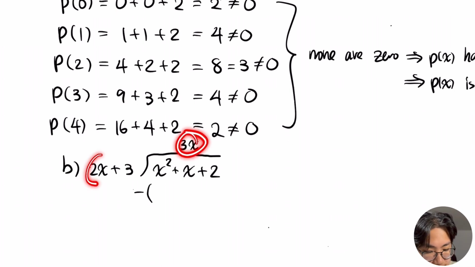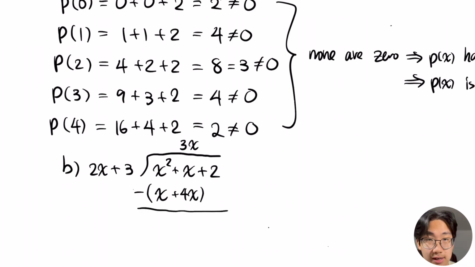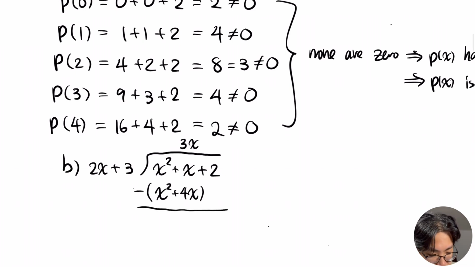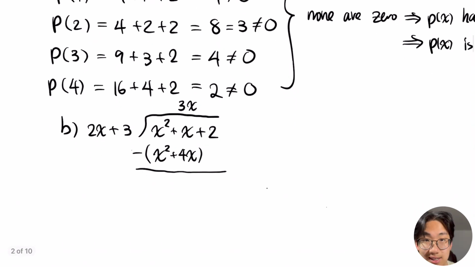3x times 2x will give you 6x, but because we're working in Z mod 5, that just becomes x. And then 3x times 3 is 9x, mod 5 is just 4x. So plus 4x. And then now we can just subtract. Oops, this should be x squared. So x squared minus x squared is 0, and we don't have to write that, and then we have x minus 4x, which is negative 3x, but of course, mod 5, we can add a 5 to that to get 2x,